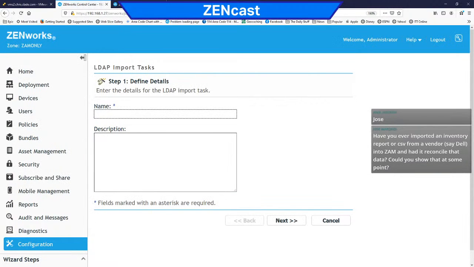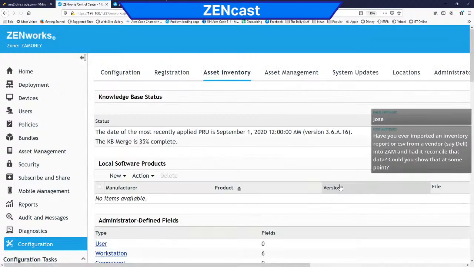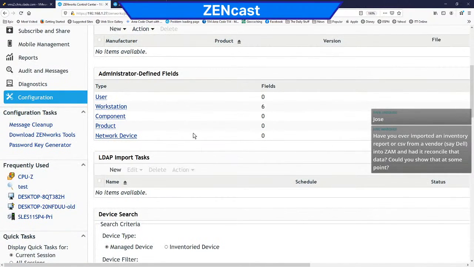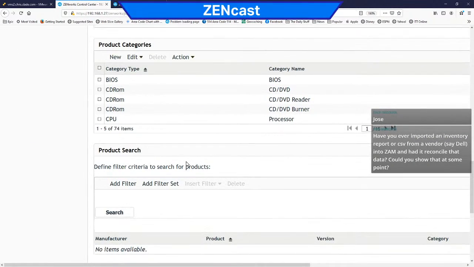But I do believe, let's take a little walk here. And see, now I don't have a report, but let's see what we have pre-configured. So that's more LDAP. So I don't think that's where we want to go. But we want to import, let's say Dell sent us so many devices and so many monitors and so forth. We want to be able to import that particular